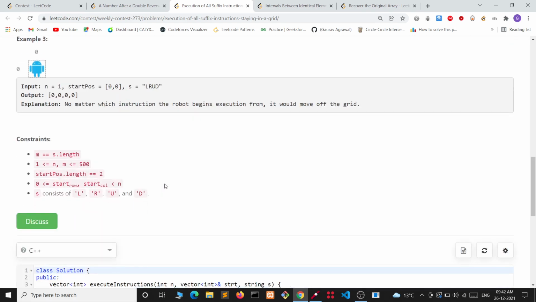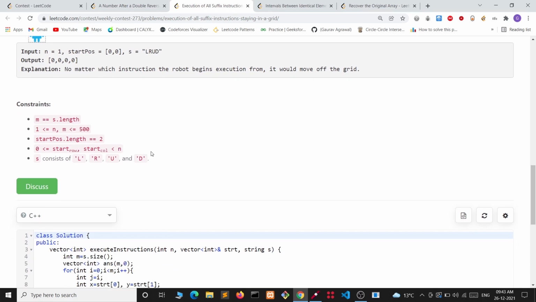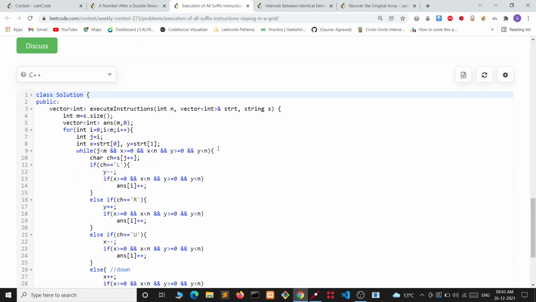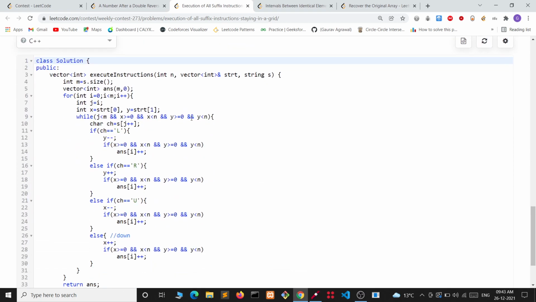So let's see the constraints. We can see that the constraints are quite small, so we can directly use the brute force approach. m is the string size. This is the answer array of m length, and then we are calculating the answer for each ith index.